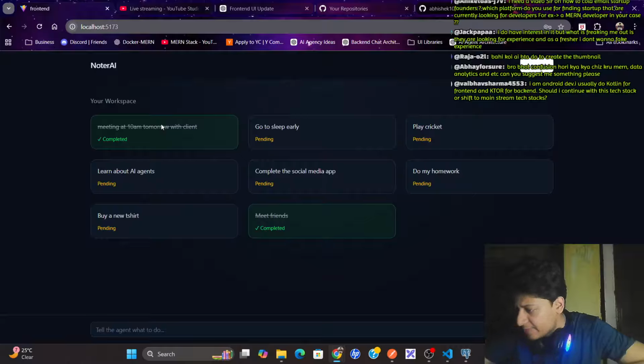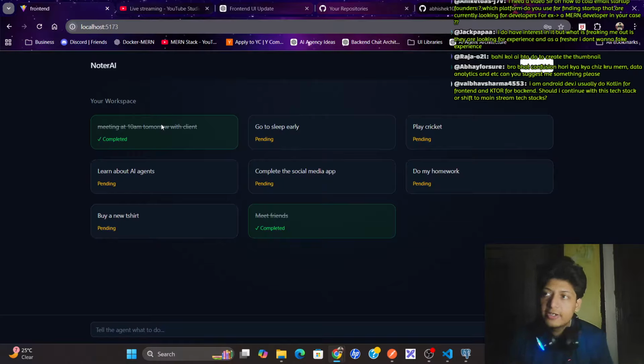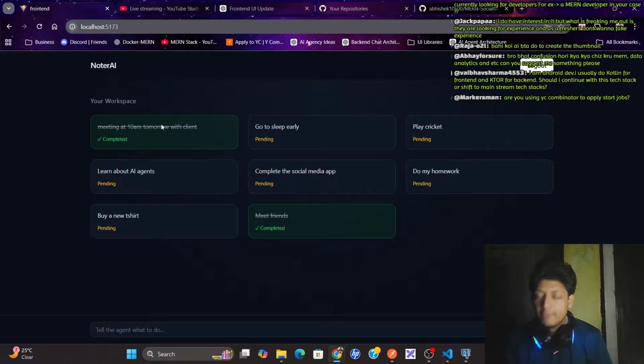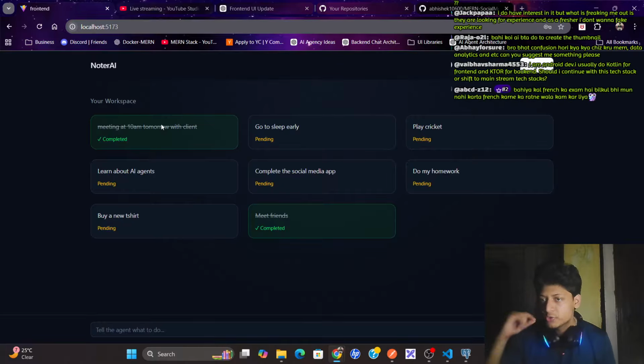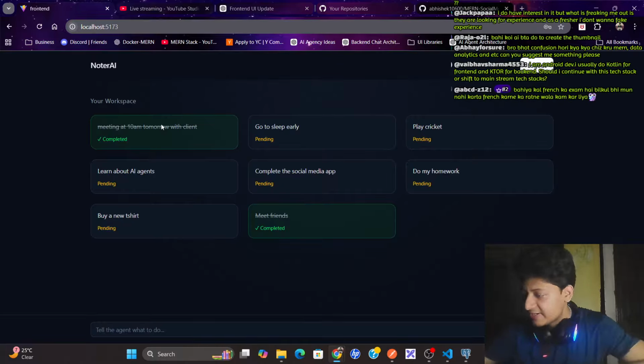Makers man: can we build a website like Hootsuite where users can log in and connect their social media accounts to track engagement rates and views? Yeah, you can create that. See, this is a very good idea, but the major issue is, for example, if in an application you want to let users log in through Instagram, then you need to create a Meta developer account. You need to get the developer API key. Then you need to submit why you are building this app and all those things. Then they will approve it, I think. So the only issue is getting the approval, but the idea is very good.